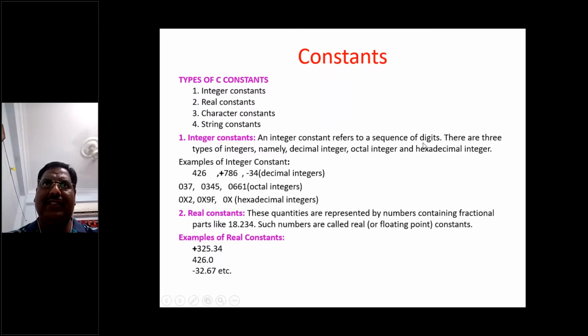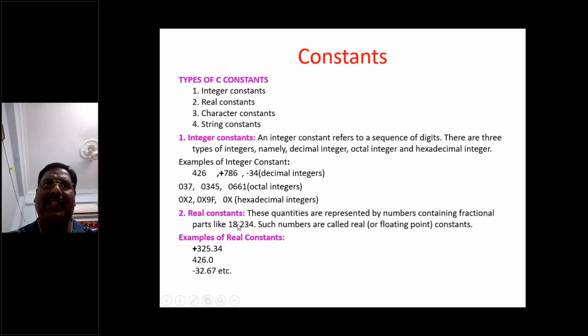Integer constants refer to a sequence of digits, which might be negative or positive. Octal examples are 037, 0345, 0661, and hexadecimal examples are 0x2, 0x9F.